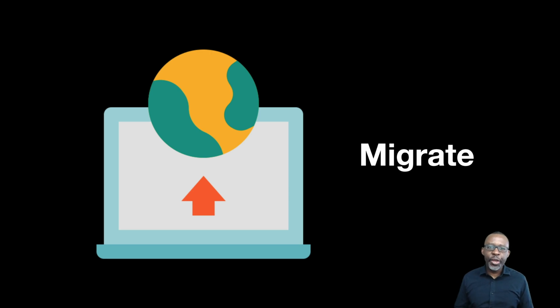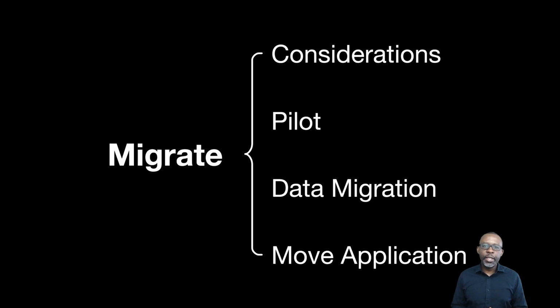In this section, we're going to discuss the migration phase. The migration phase is the phase where we migrate workloads from the on-premises environment to the cloud. We're going to start off with some considerations for the migrate phase, and then we'll take a look at what it takes to conduct a pilot. Thereafter, we're going to have a look at data migration, and we'll end the section with a discussion on application